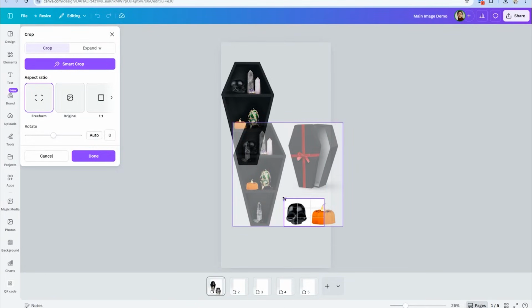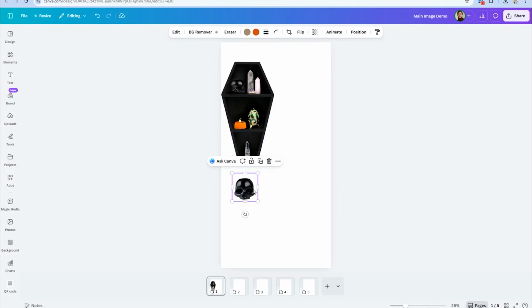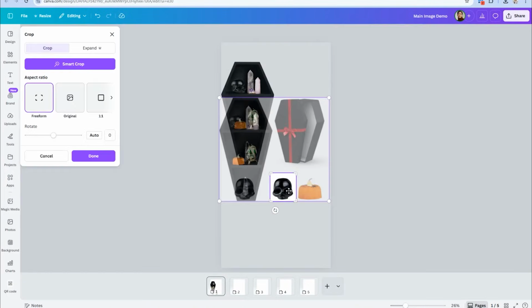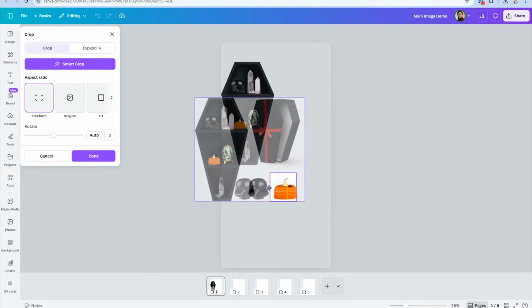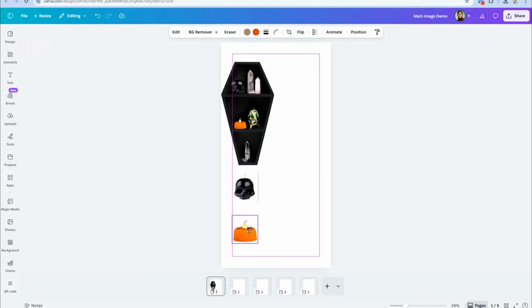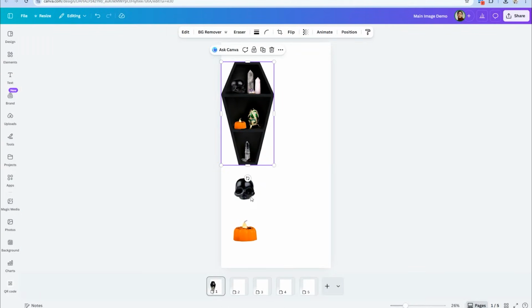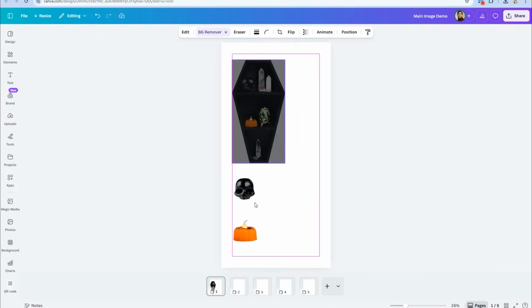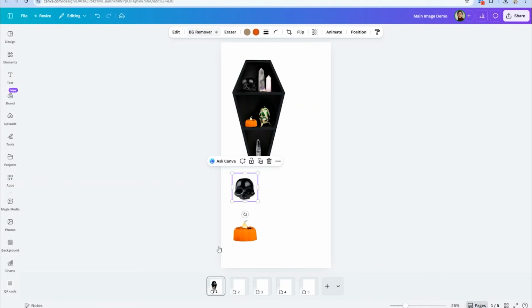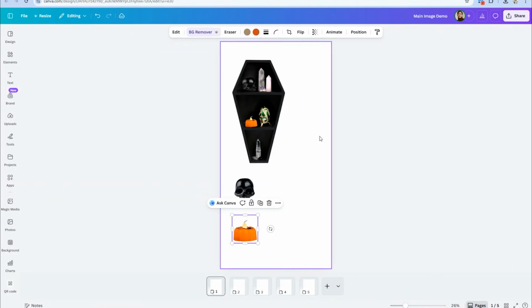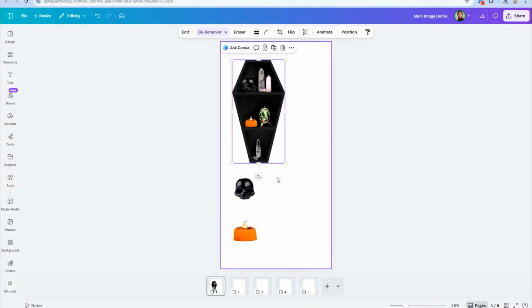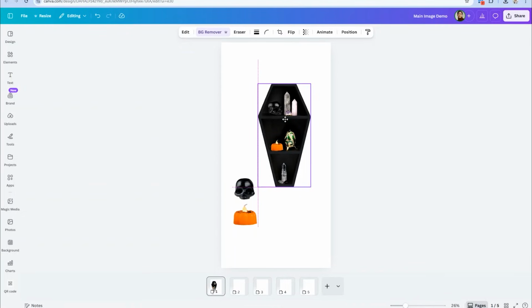Even if you're not a designer, you can do this yourself. You can see Canva is very easy to use. So we have now different elements. I will just remove the background as well so that it's cleaner. But right now it's actually not very necessary because the background is white already. And then for the box, since I want to use a different box, what I'm gonna do